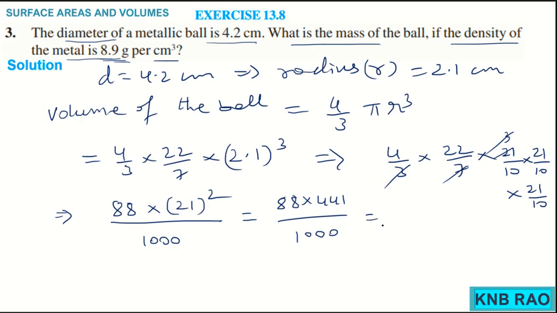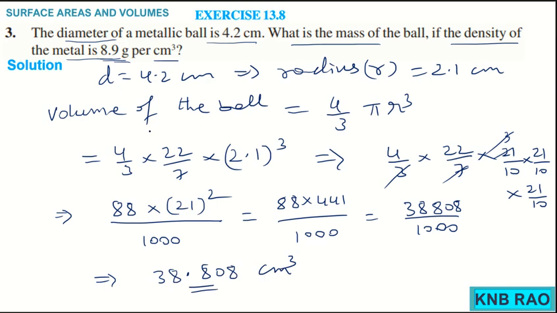So, 441 multiplied by 88 is 38,808 by 1000, which makes only the point shift. So, 38.808 centimeter cube is the